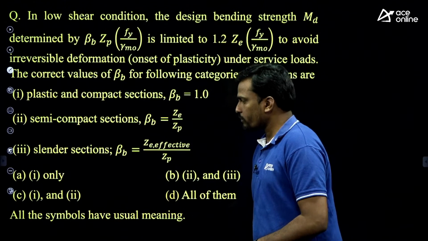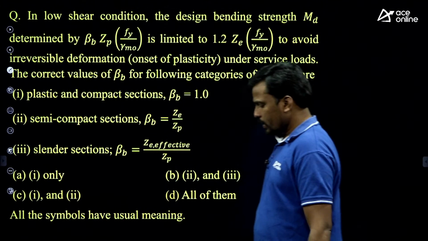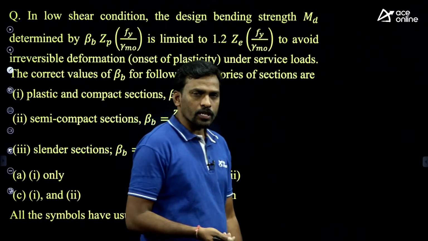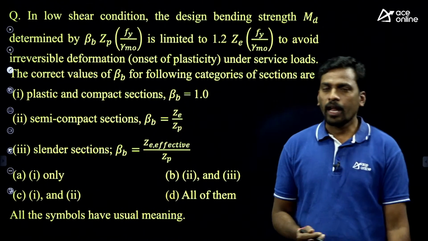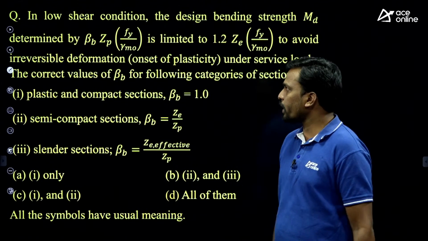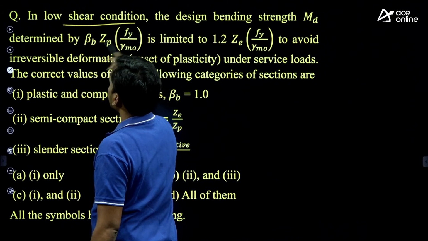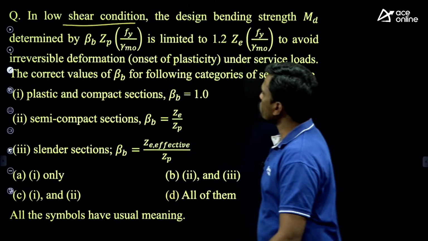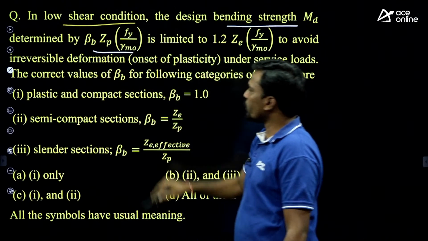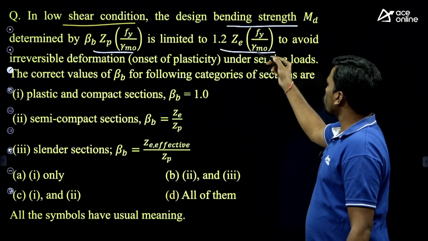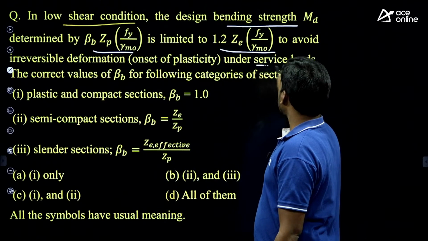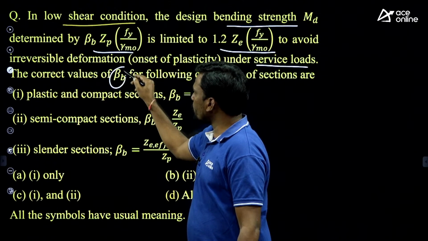This is a question from the beams chapter. I gave the design shear strength of beam section design formulas, and bending strength of beam section. In bending strength of beam section, for laterally supported beams, low shear case and high shear case formulas are given. For low shear condition, the design bending strength Md is determined by this formula, with a restriction for cantilever and simply supported beams, and under service loads, the correct value of beta B,